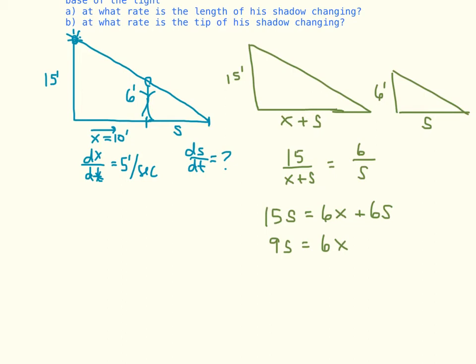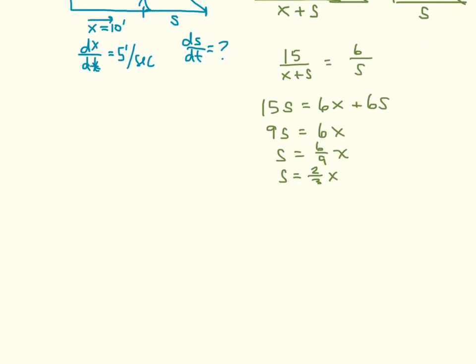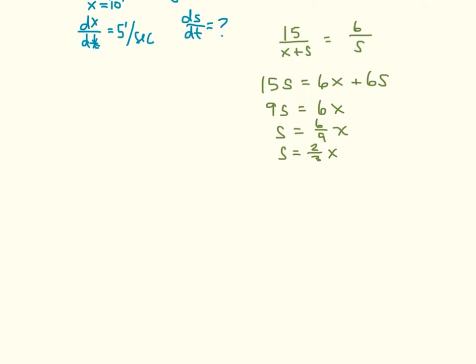So I'm going to divide by 9 and have that the shadow is equal to 6/9 x, which of course is the same as 2/3 x. Okay, so if I want to find ds/dt though, I'm going to have to take the derivative of that equation I just came up with respect to time. So derivative with respect to time. So what am I going to get? ds/dt